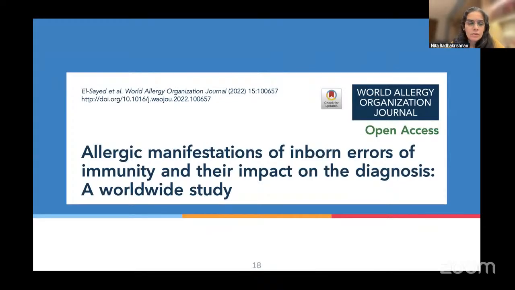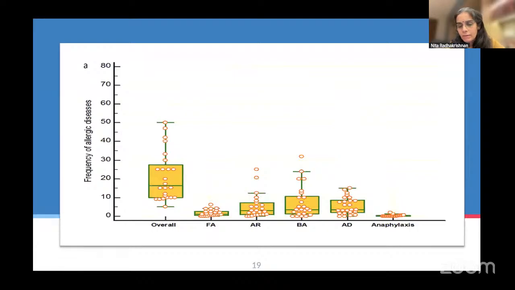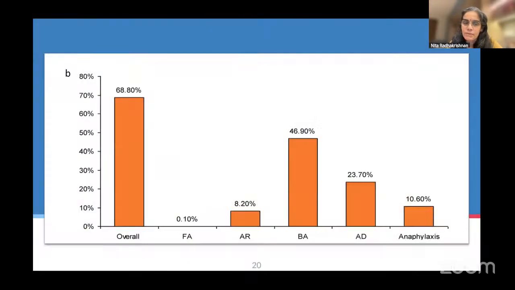This is the paper that Dr. Payal also showed. And I think 2 centers which reported data from India were PGI Chandigarh and ourselves. From all the patients in the cohort where they analyzed the allergic presentation of inborn errors of immunity, the frequency of allergic reactions is generally around 25 to 30%; around 25% of inborn error of immunity patients would have had allergy as a presentation.